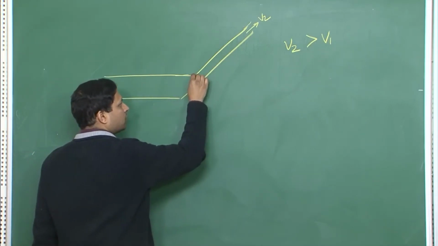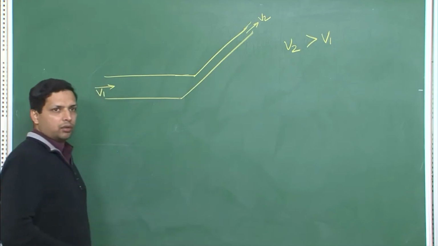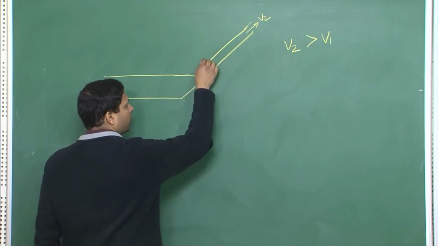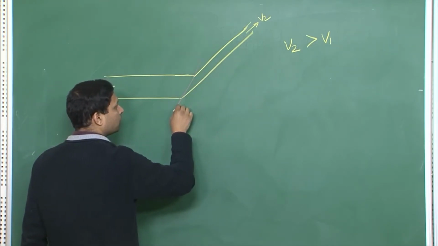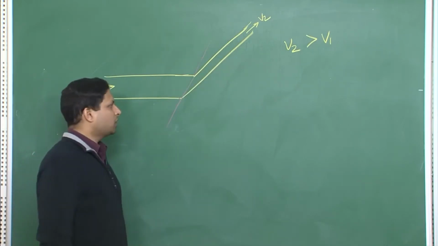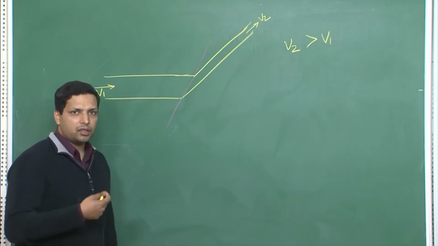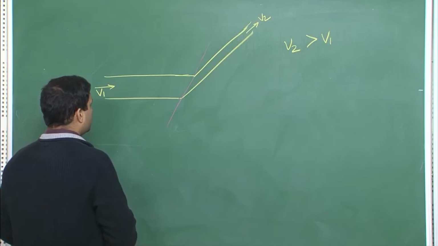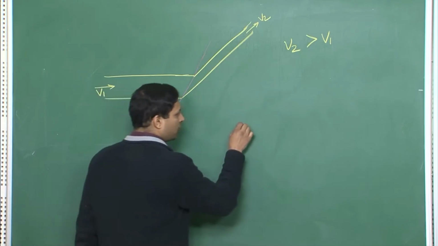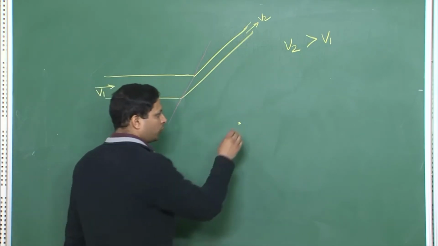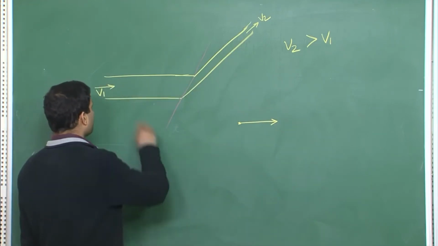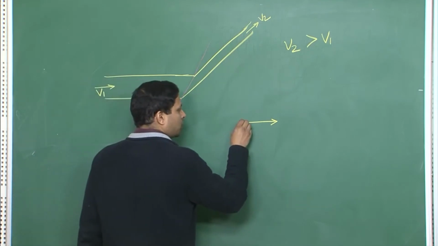Now, over here we have defined through our construction or through our geometry a sharp region where this deformation is taking place. This is the plane along which deformation takes place or where the internal shearing is taking place. Now, to draw the hodograph, we will assume an origin. With respect to that origin, how was the material initially moving? It was moving like this, v1, this is our velocity v1. It is the same old material.